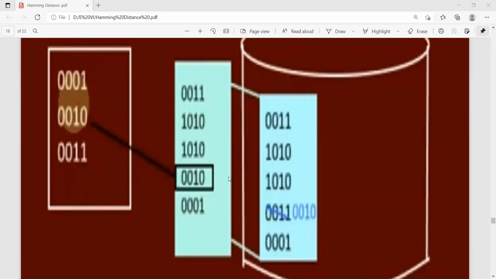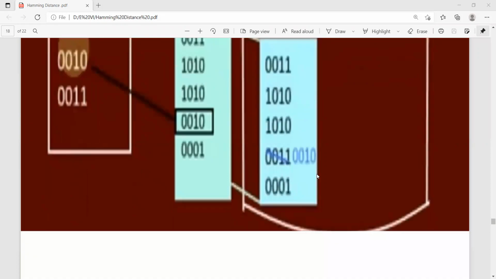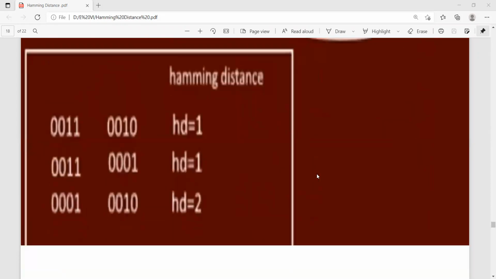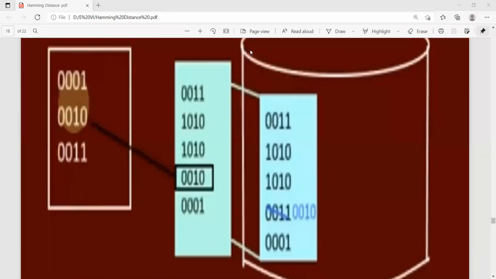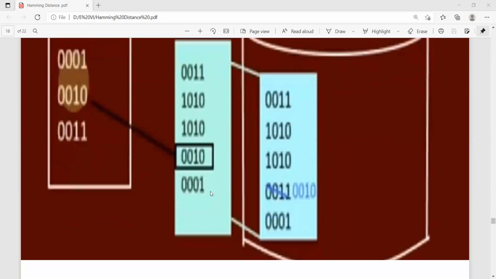Convert it into code word format, and you can communicate the information. After converting, these are the code formats you are communicating: code words and coded data.